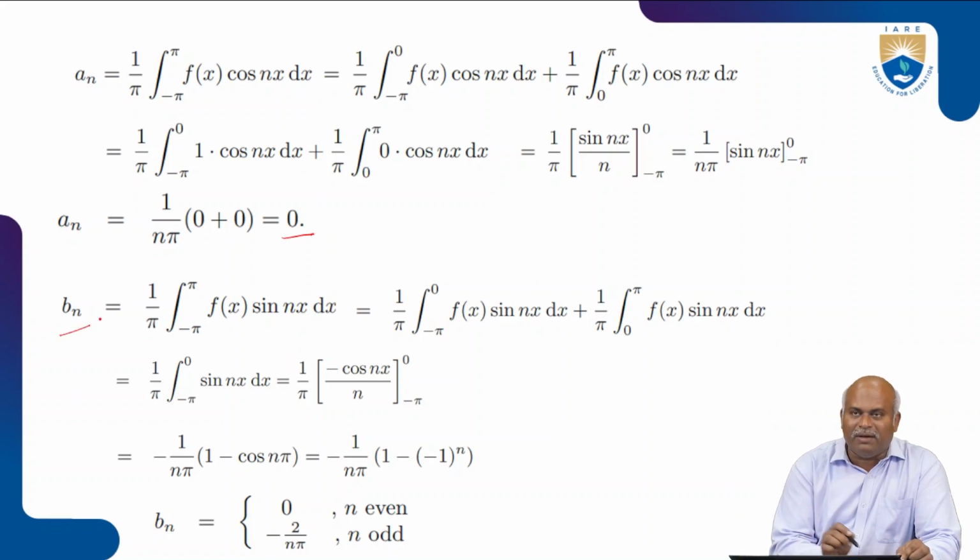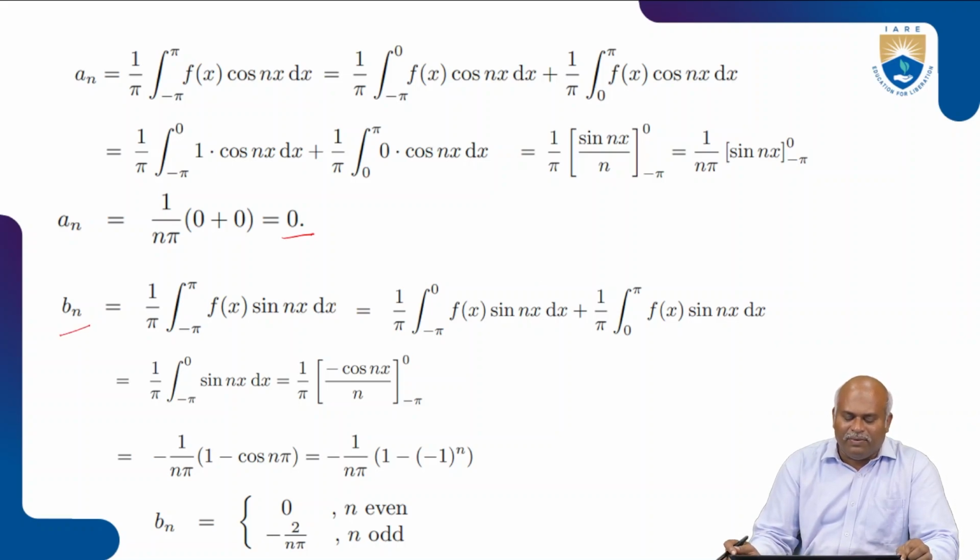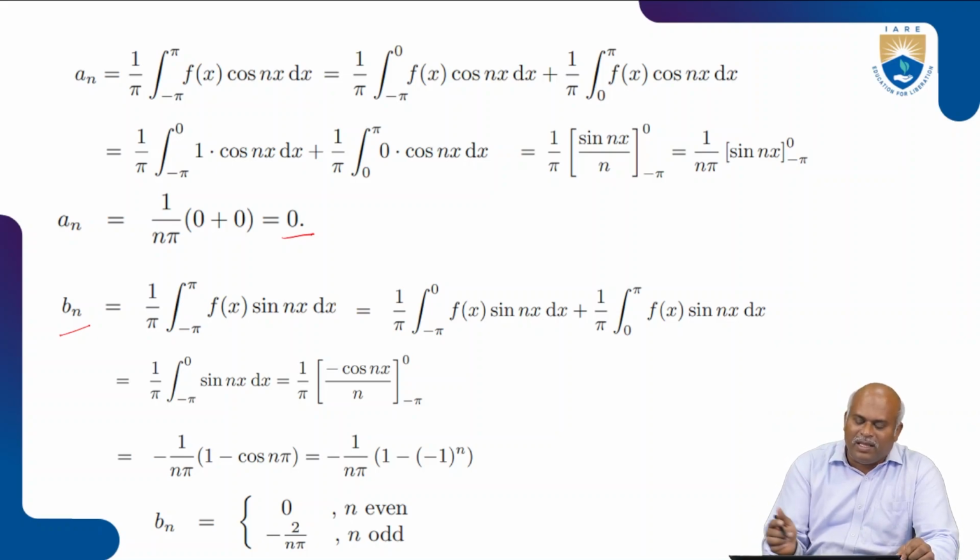In the same way, we need to find b of n, which is 1 by pi times the integral from minus pi to plus pi of f of x sin nx dx. Our signal is present for two cases, 1 as well as 0. The 1 is present for the limit minus pi to 0, and 0 for 0 to plus pi. Then we split the integration, substitute the value of f of x, integrate, and substitute the limits for both minus pi to 0 and 0 to pi. After that we get the output b of n is equal to minus 1 by n pi